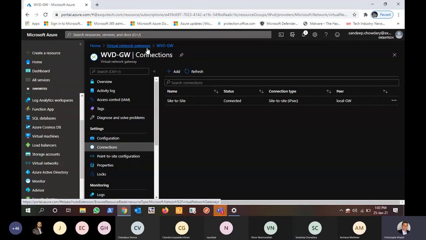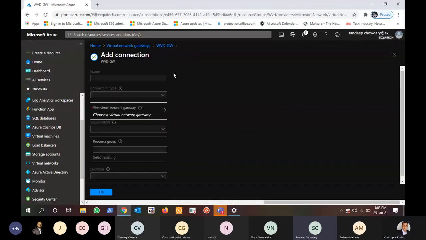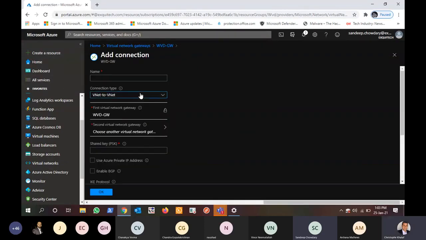Yes, go ahead, Sandeep. Please just show us how the connection is established and how you connect. Sure. After deploying it, you can click on add device, like add connection, and you can